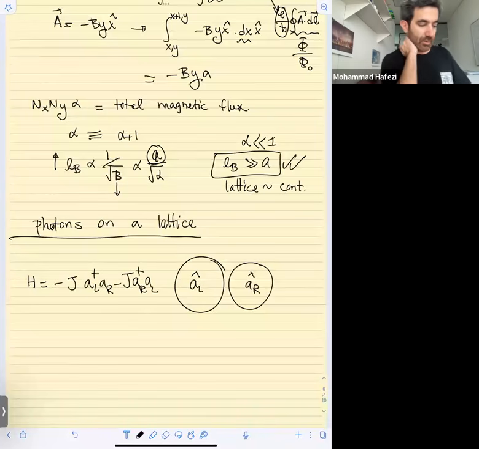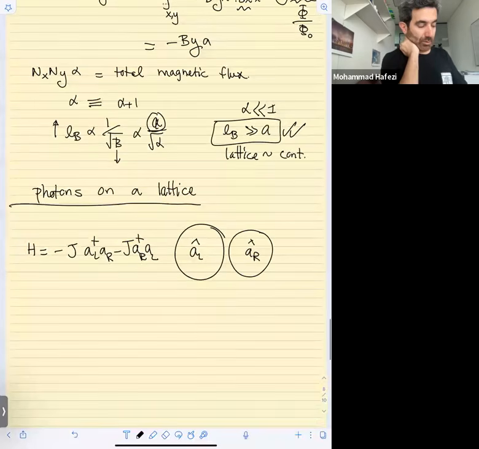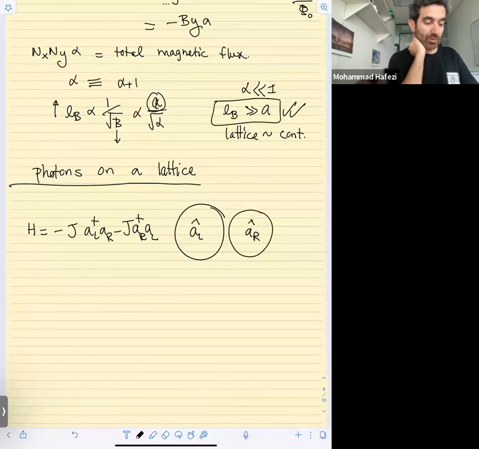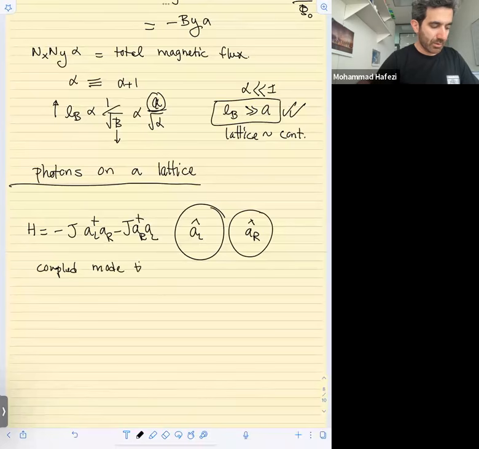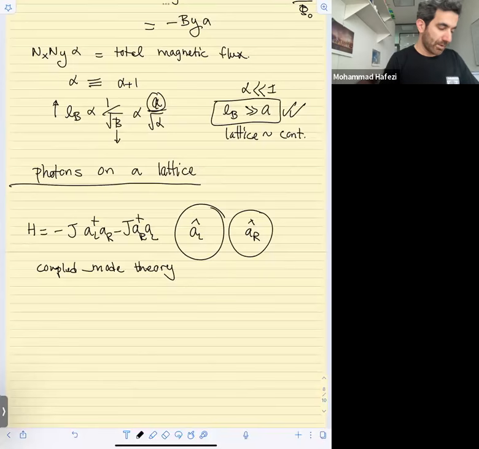You can write it either in terms of Hamiltonian, or you can write it in the coupled mode theory, which basically works very well for non-interacting systems, and they're equivalent. Either you write a Hamiltonian description of the system or coupled mode theory, they are the same. So in that one, you have AL, AR,